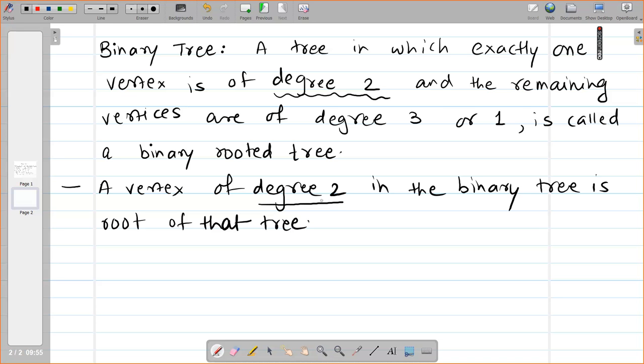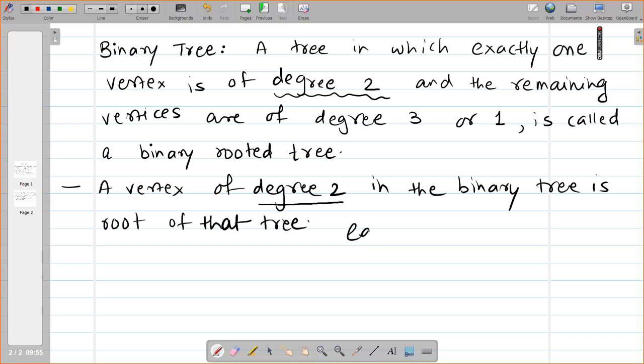So now why are degree 3 vertices there? Because see, there is a vertex, from that 2 branches will come out. Okay, from those 2 branches again 2 branches will come out likewise. So the intermediate vertices will become of degree 3, and at the end whichever vertices you have, they will be of degree 1, and there will be only one vertex of degree 2.